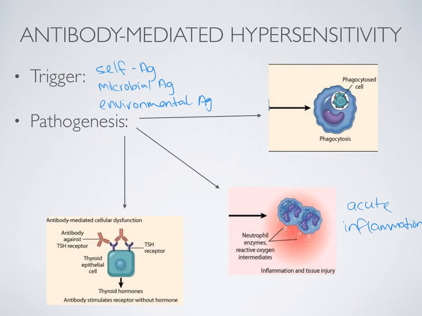Then the third thing that can happen in some unique cases is those antibodies can actually disrupt the function of normal cells. For microbes, we want that. We want antibodies to, for example, if they bind to a spike protein on a virus, it blocks the ability of that virus to get into a cell. That's a good thing. But if these antibodies are binding to your own cells, and this is what happens in Graves' disease, they're binding to the TSH receptor on your thyroid cells. The TSH receptor becomes chronically activated, and you just secrete a ton of thyroid hormone, thinking that the body needs it. So this is a cellular dysfunction caused by the antibodies. They're actually causing the cells to do the wrong thing. So 3 different ways that antibodies can mediate